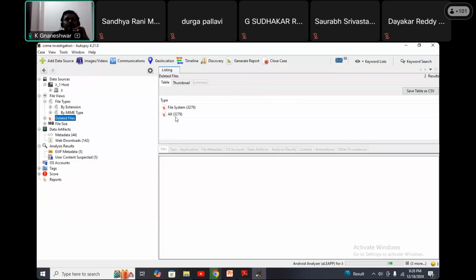Once you click on a particular option, the bottom page will show it. This is an SBI card statement that I deleted. Slowly it's working. All these are digital data.